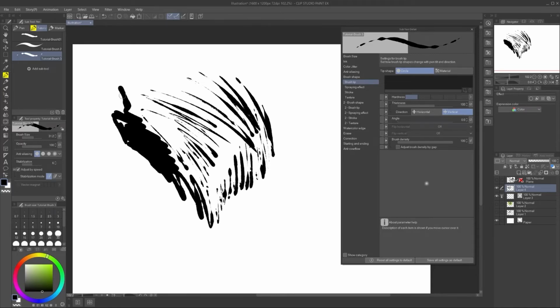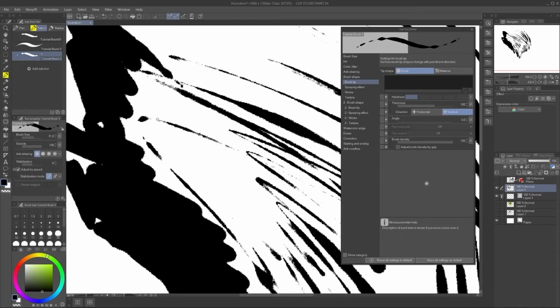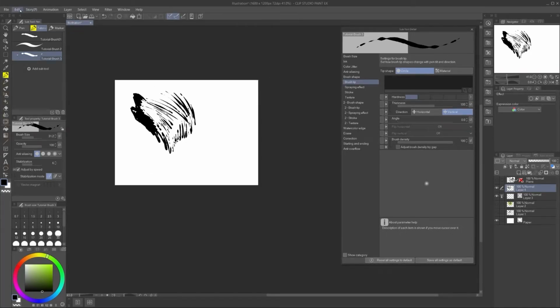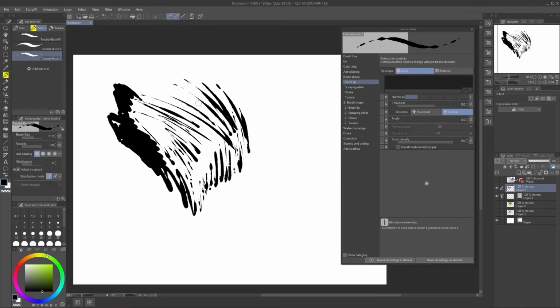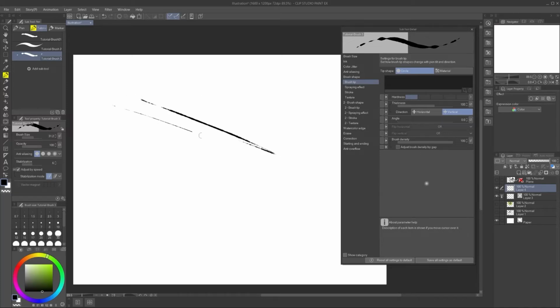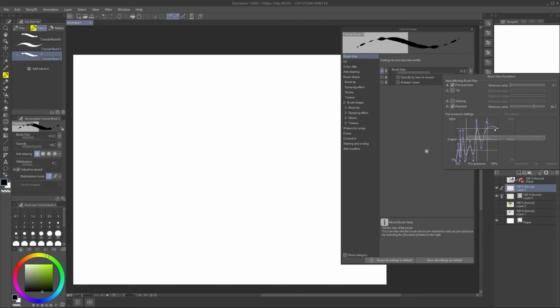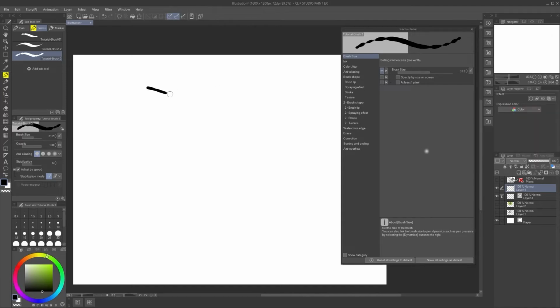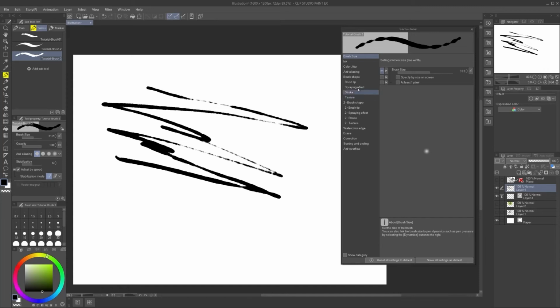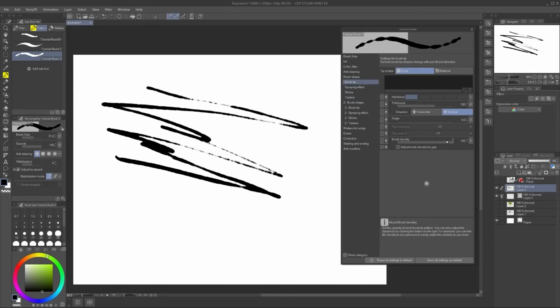Yeah, like that. So to create a fineliner, as I explained in the beginning, we just have to set the minimum value a bit higher and also